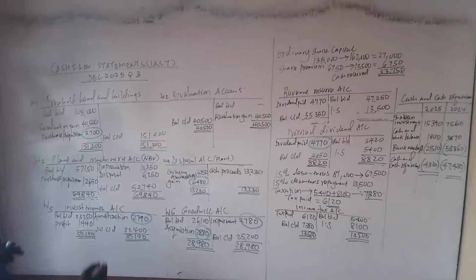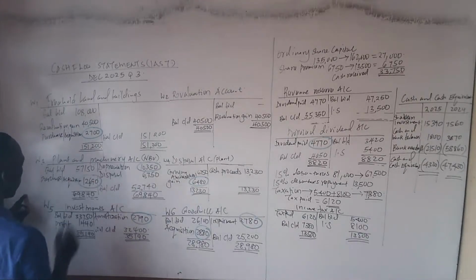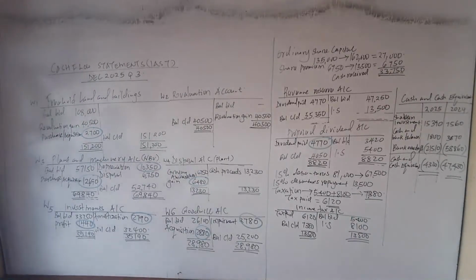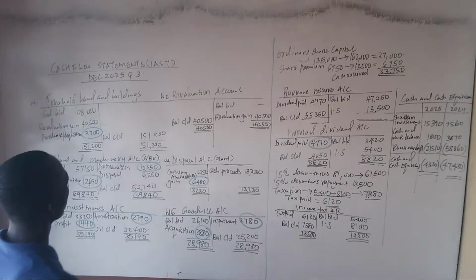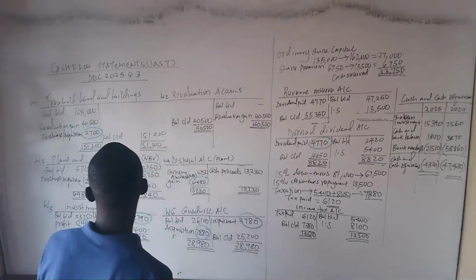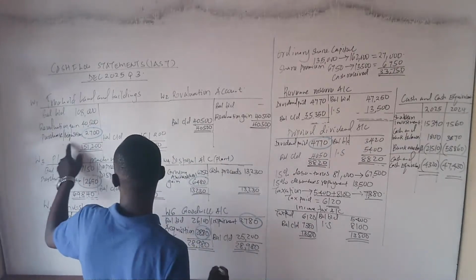For example, we need this depreciation, then we need this acquisition, then we need this profit here, profit on disposal of investment. Then what else do we need in this account? For this one, we also need the acquisition. So that information, we can present it here, so it will be easier for us to trace it.